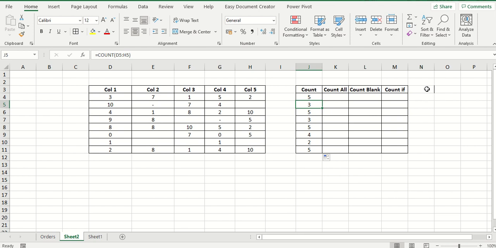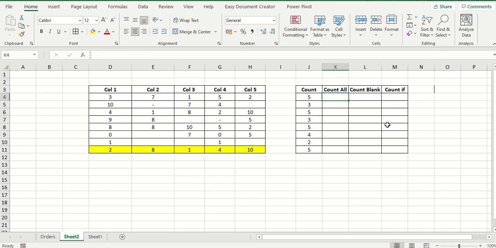So if you see here there is only 3 coming, because here, see friends, column 1 is having 10 and column 2 is having nothing, no value is there. That's why it is not counting that. And column 3 is having a value and column 4 is having a value and column 5 is not having a value. That's why it is showing as 3, friends. So same for here also. If you see this row, friends, all columns have values, that's why it is showing as 5, friends.